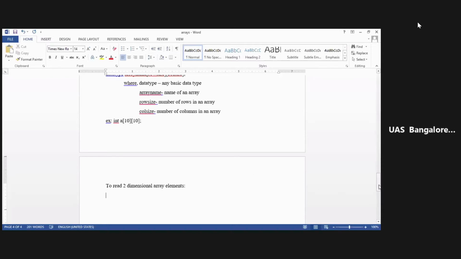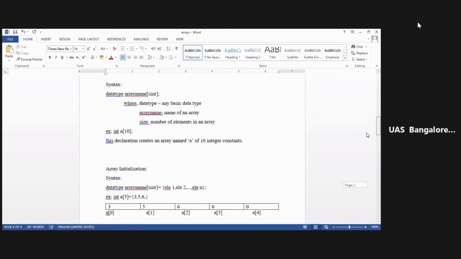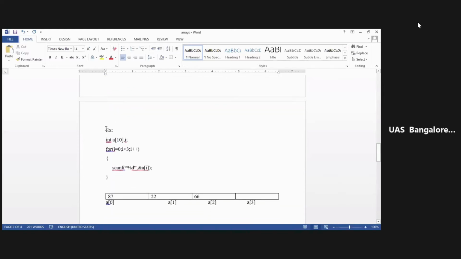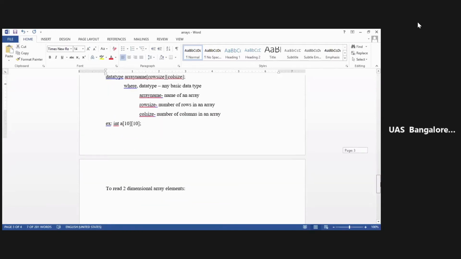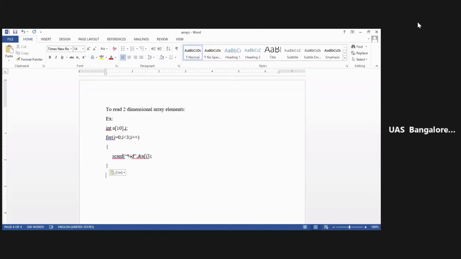See, I'm typing this because I just want you to compare yourself. That is the reason I'm checking. So this was for the one-dimensional array.